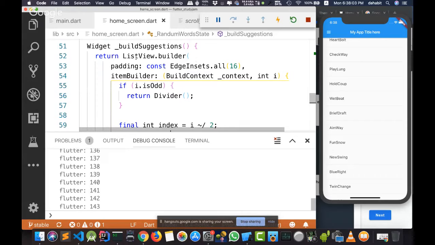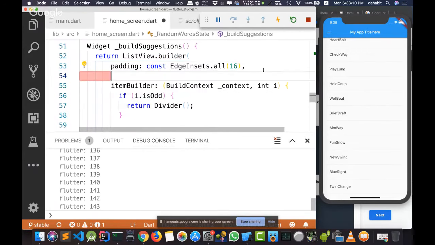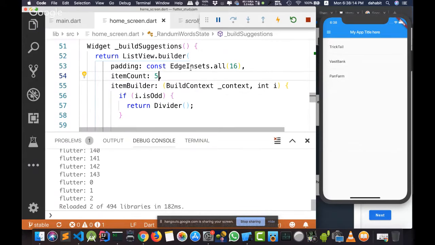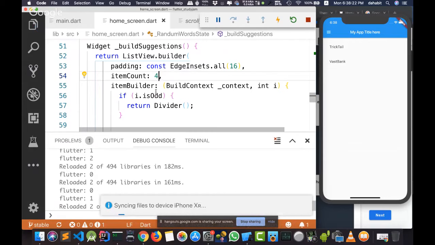Now we are using the named constructor called builder, which has item builder, and I can specify another object called item count, and I can specify the count. For example, when I am pressing here, I can specify if I want to display one item or 4 items or 5 items.